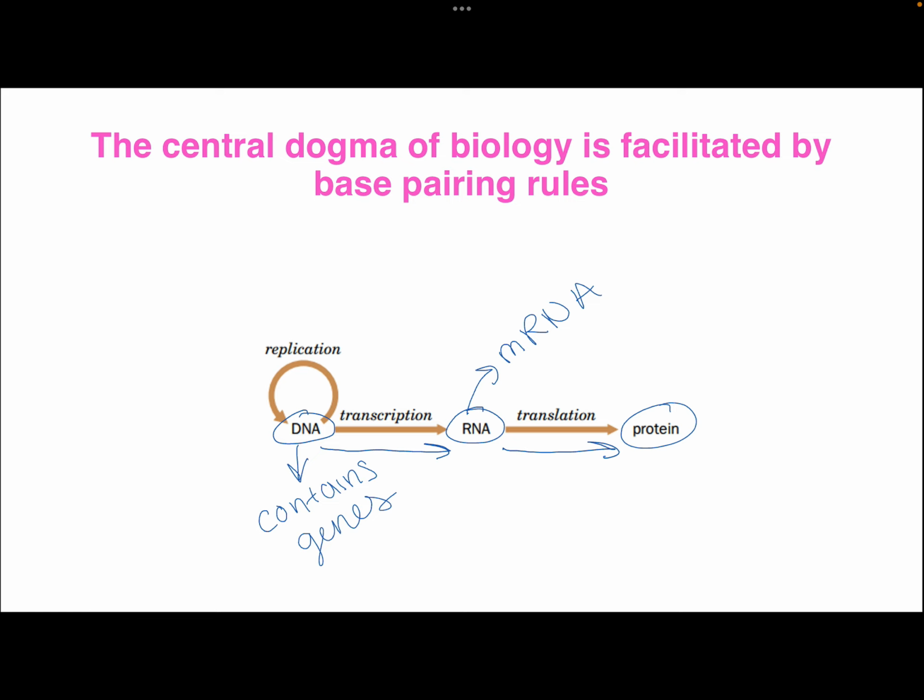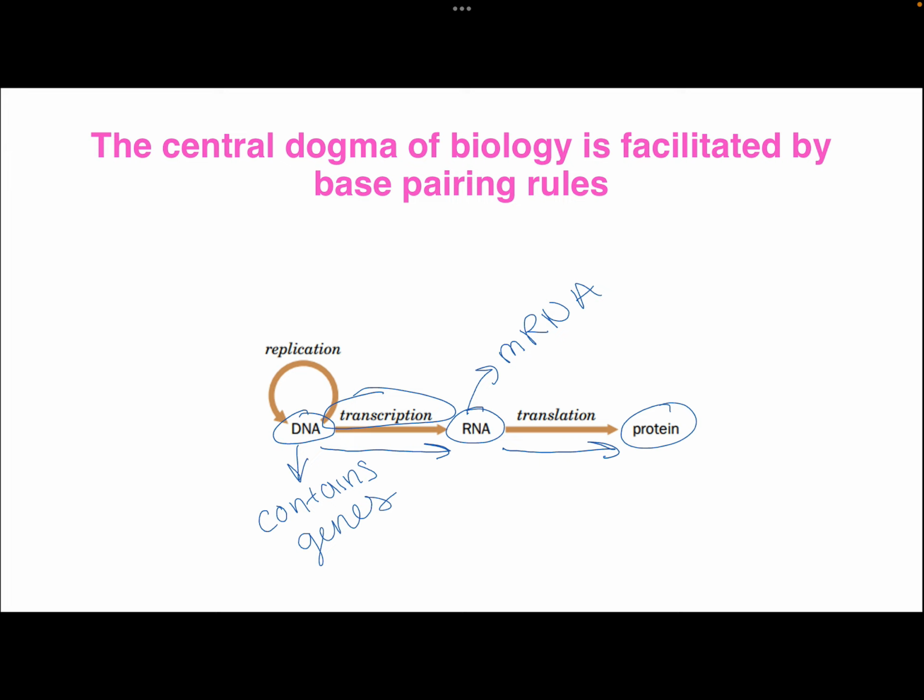So the process where DNA is converted to RNA is called transcription. You can think of this as DNA and RNA, they're both made up of nucleotides, so they speak the same language. So it's kind of like the cell is just writing down a note when they're transcribing DNA into RNA. And they can take that note to another location to actually build the protein that is being encoded by